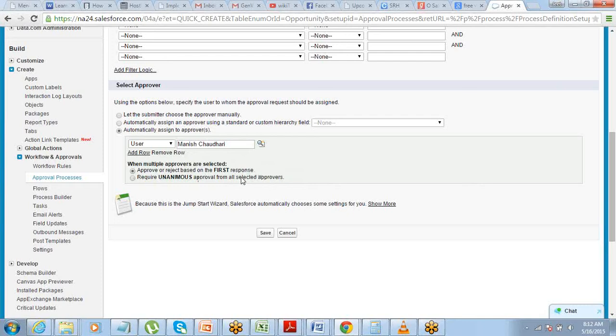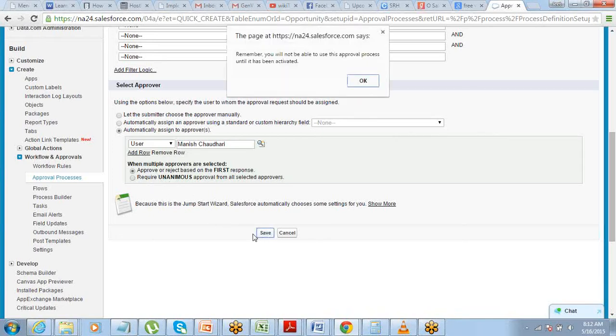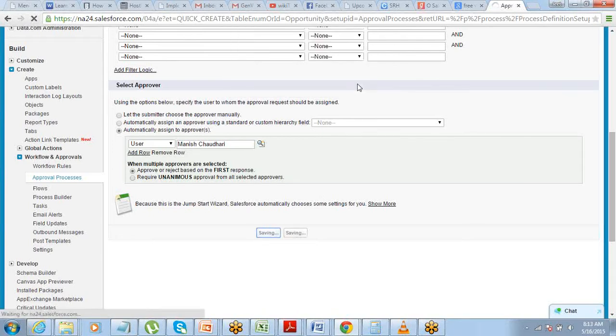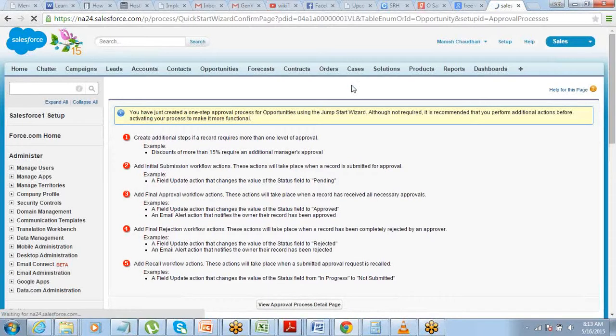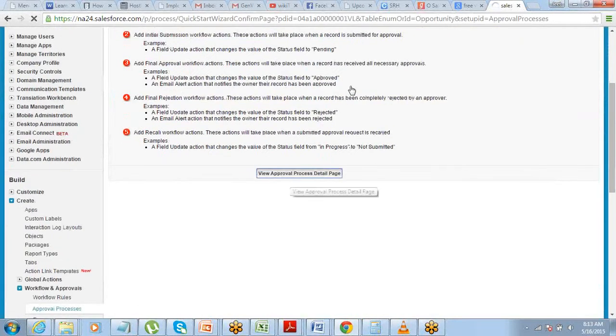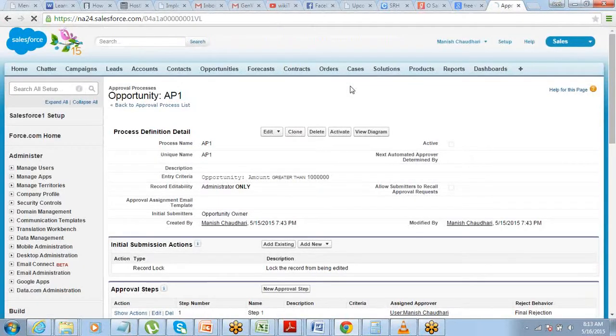So right now we just have one approver, so let's not get into that. But if you have multiple approvers, then of course. Okay, so my approval process is ready. Click on save. Only thing that you have to do is define actions. View approval process detail page. Go here.